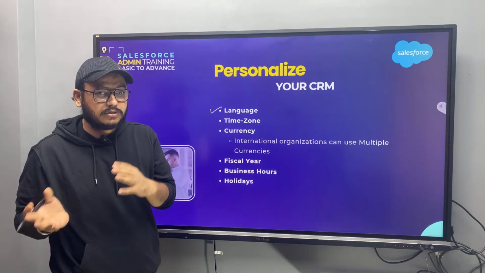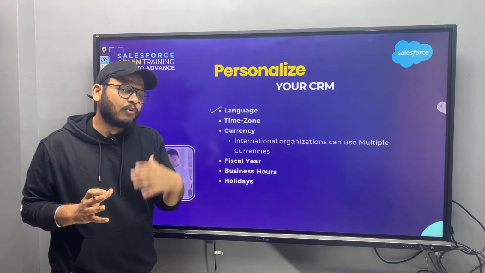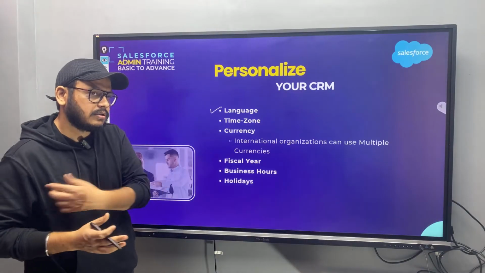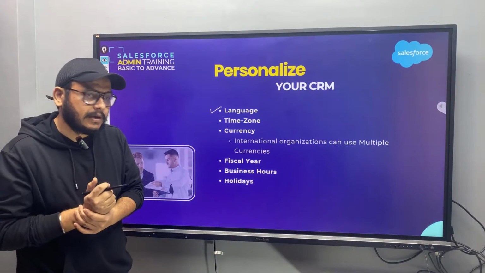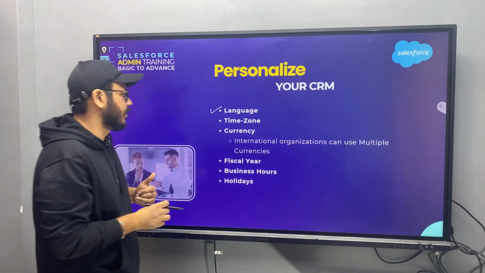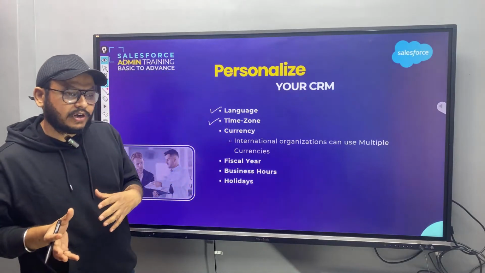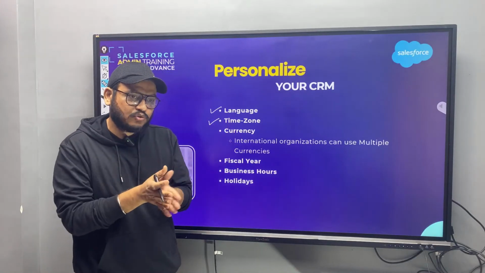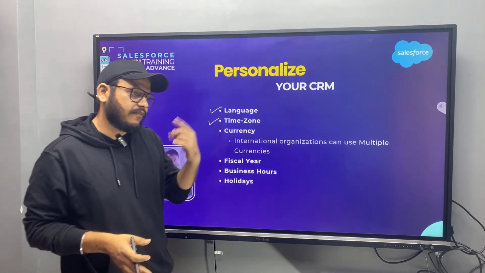So you may have users who want to use Salesforce in different languages, and you may want to set up a generic org corporate language or org level language for your company. All right, then there is time zone. Again, same thing applies for time zone. You can have a generic standard time zone that is used mostly in your company, but again, different users, let's